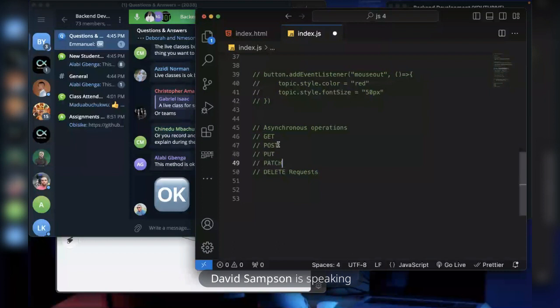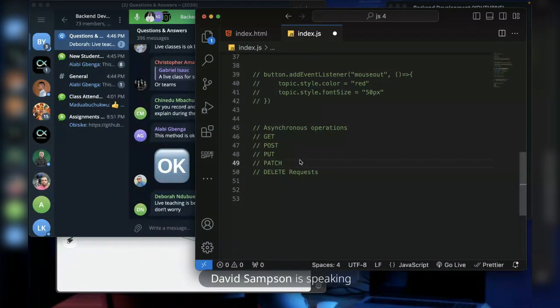Now we are explaining these types of requests. For the front-end developer, it is just making a request. But you as a backend developer are building an API to handle each of these requests. That is why it's important you understand what these requests are and what the front end will be expecting from you.